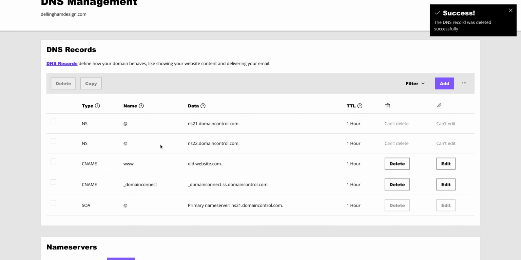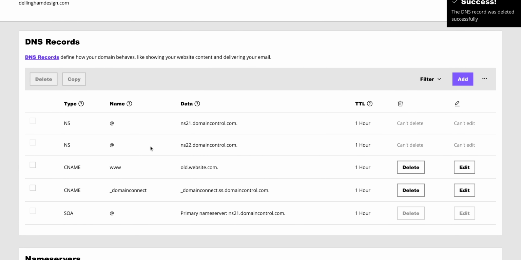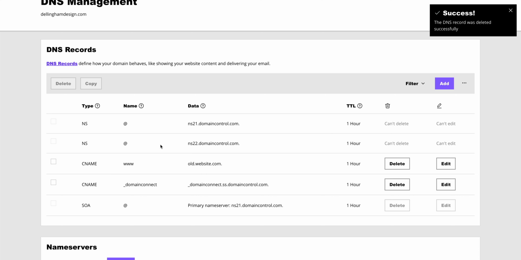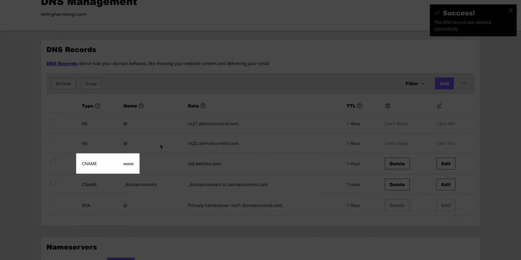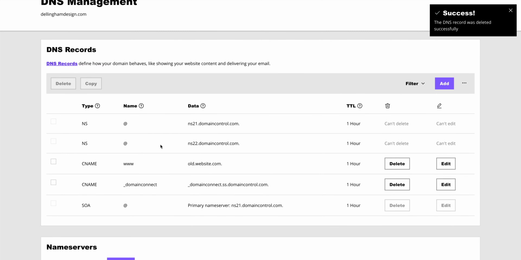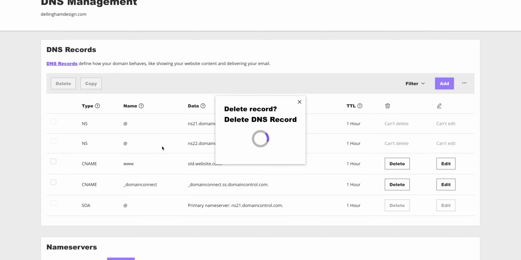Like we mentioned earlier, you might not see this. You could have a new domain or your configuration might be different. That's okay. Number 3, if there are any CNAME records with www, again, you might not have any, but if you see any CNAME records with the www, we want to remove that as well.